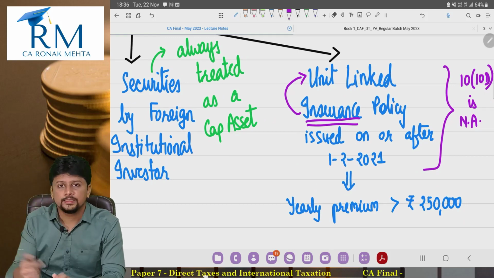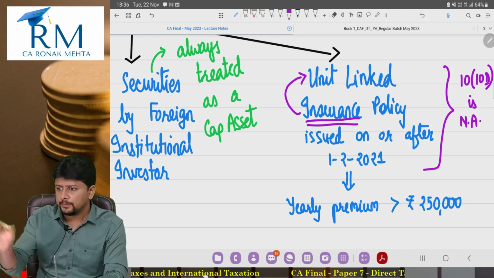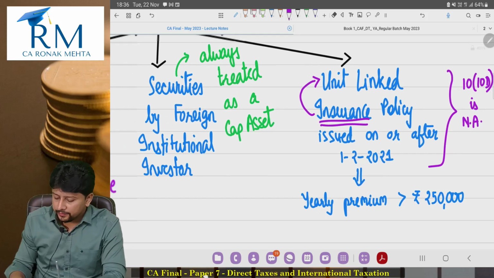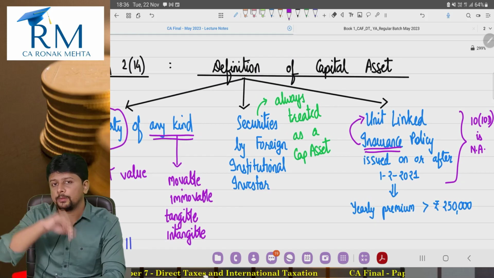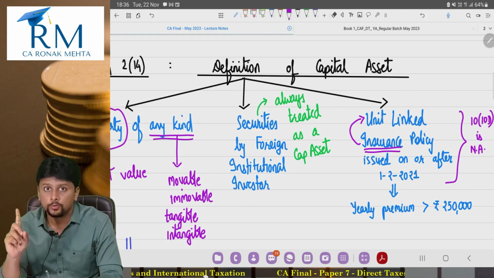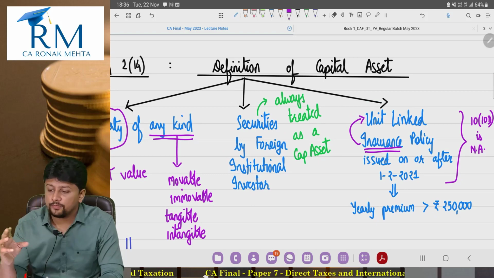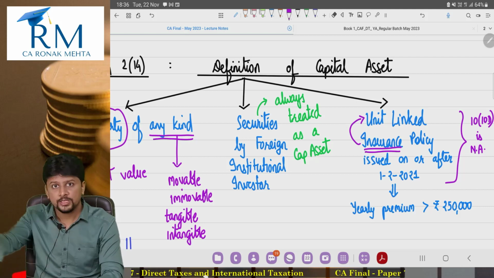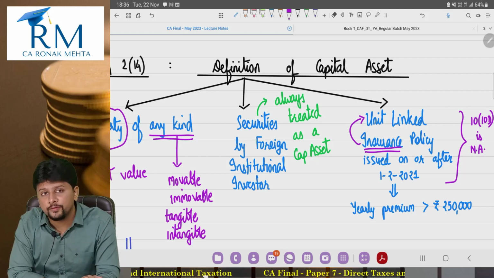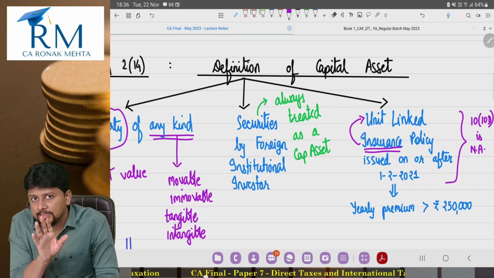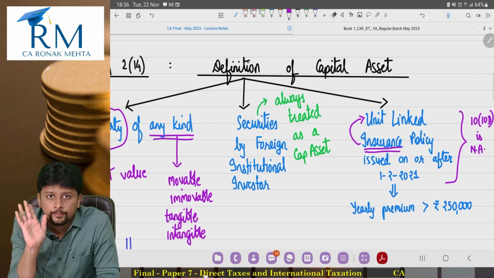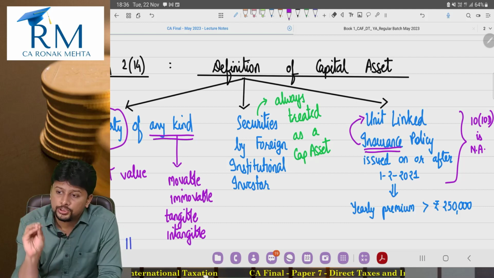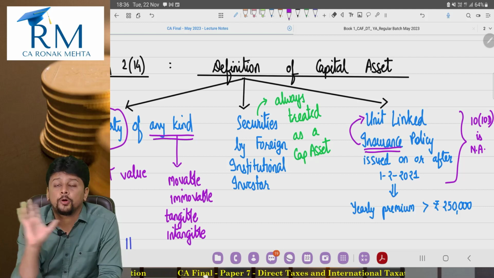A doubt that could be arising in your mind is, okay sir, yearly premium is greater than 2,50,000, so this ULIP is included in the definition of capital asset, na? So what if the yearly premium is below 2,50,000? Doubt number 1. Doubt number 2, sir, what if we go to 3-4 insurance companies and purchase 3-4 ULIPs, one from each company, and the total premium goes above 2,50,000? The lawmakers have taken care of each and every situation. As of now, I am just giving you a trailer, as I said. By the definition of capital asset, this type of ULIP is also included.